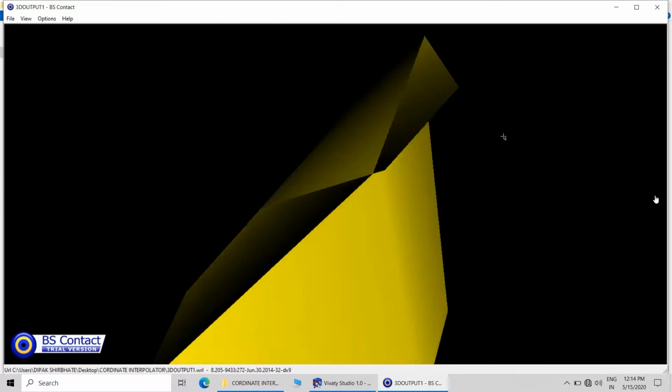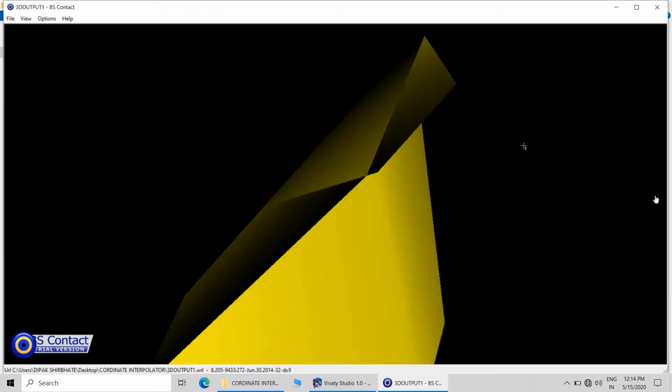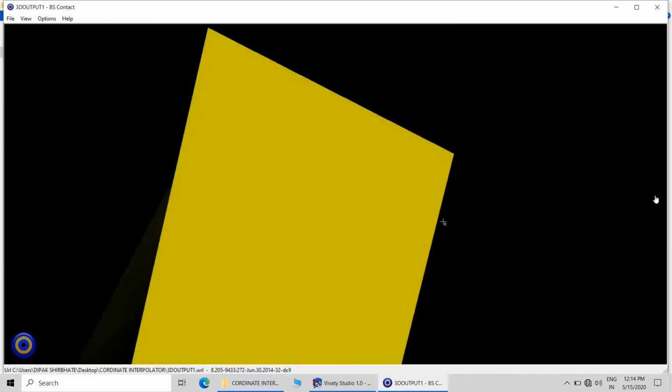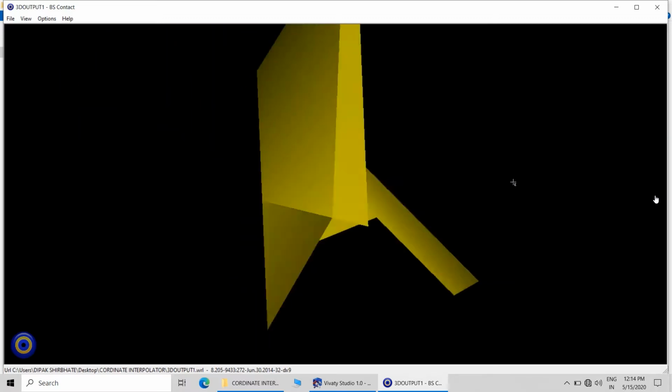This is a haphazard manner of output. So we have to organize the output in such a way that it can be understood.